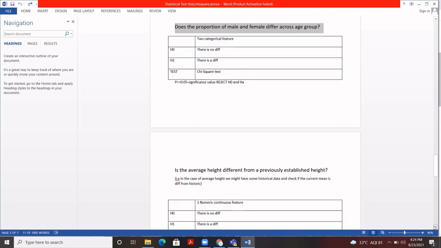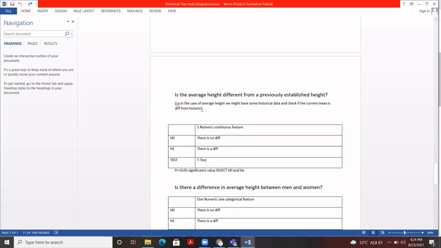Next is: does the average height differ from a previously established height? I have put in a note that in this case we might have some historical data and check if the current mean is different from the historical mean.